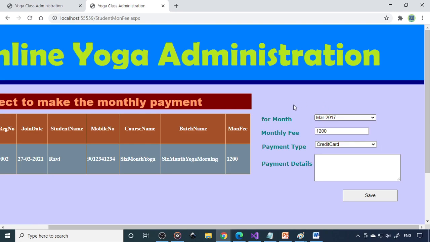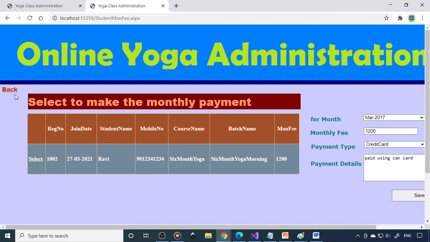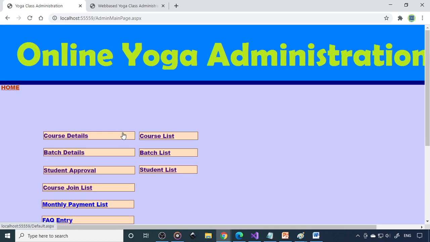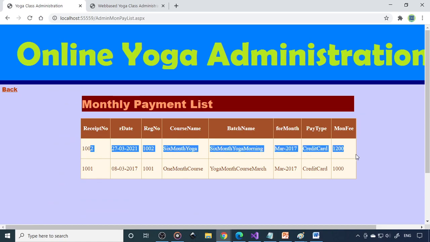so here we'll change this. Okay, we can change the thing, but I'll just simply show you how it works. Okay, so again, this is also paid using card. Some transaction number and all we can write, save. It's indicative that the monthly payment is done. So later, in case necessary, we can always check for the correct dates. That is also possible. So this is the monthly payment list. You can see that monthly payment list.